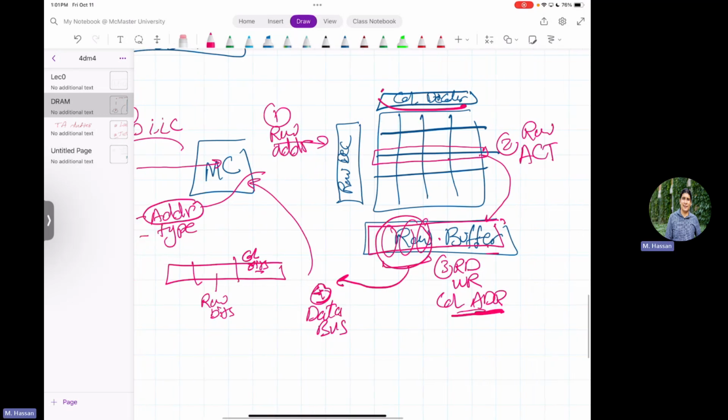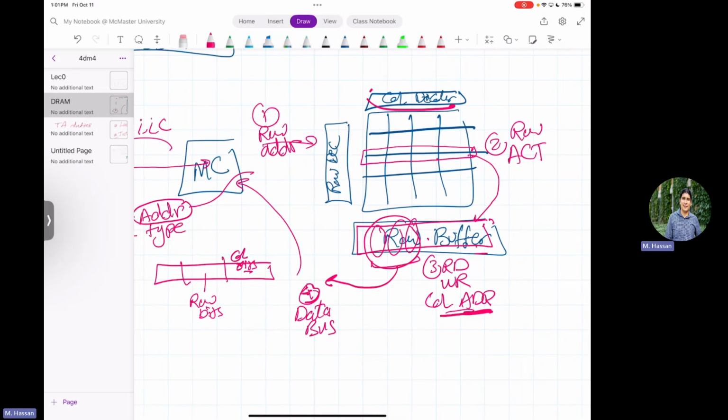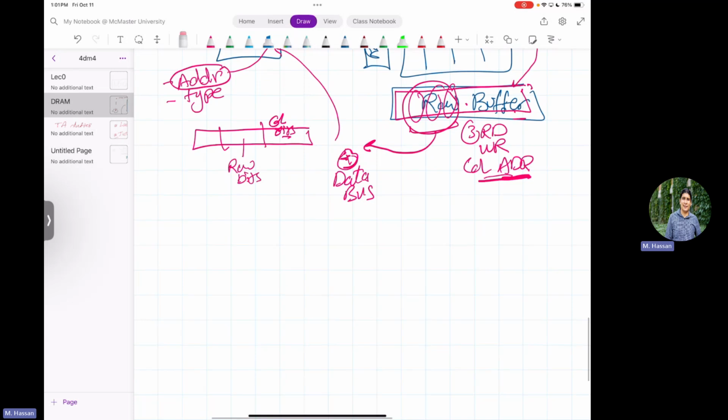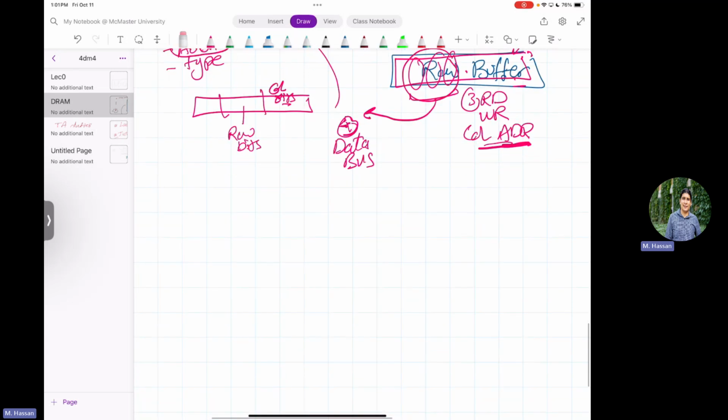Good. So what we discussed so far is how we send a request from the LLC to the DRAM through the memory controller and get the data back. We discussed first of all sending the address in two stages. For that reason, one of the blocks of the memory controller does address translation, which is simply taking your physical address, 32-bit or 64, and out of this address,